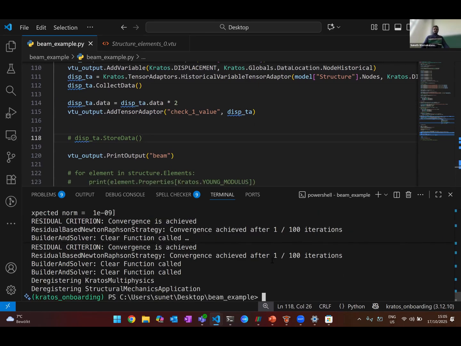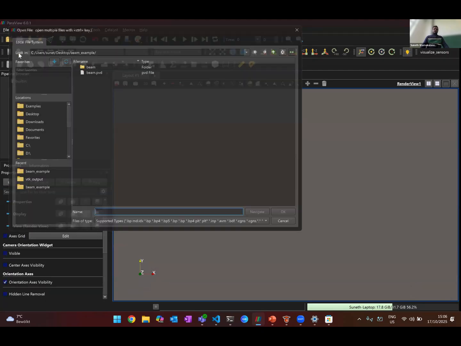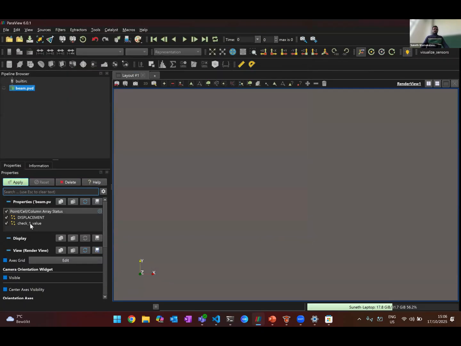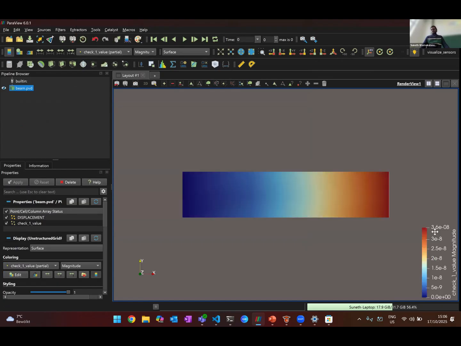Now you run it. Again, you need to reload in PVD. So you see here, check one value is there, which is set to output. Now if you go here, you have check one value, which is 3.6. So this should be, yeah, 1.8. So it's double. You can use any NumPy function and then update anyhow you want and then pass it to